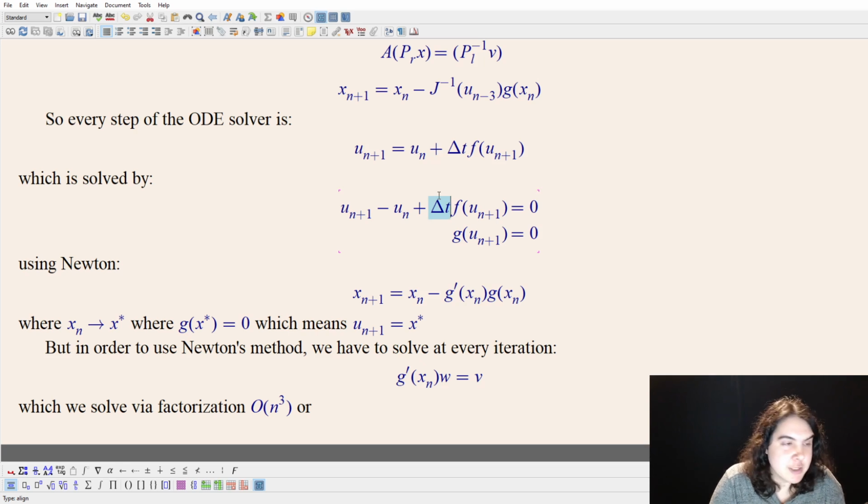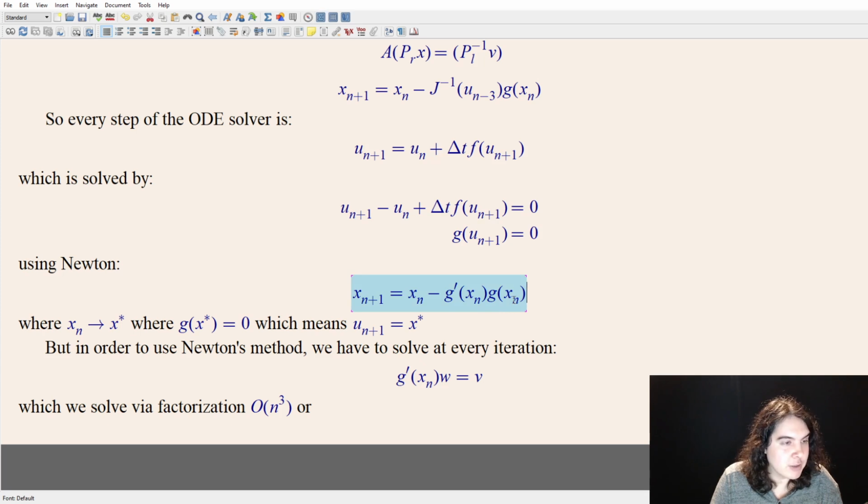If delta t is smaller, then the coefficients of the Jacobian are smaller. And this is very similar to the Newton relaxation, which you showed in the homework, right? In the homework, you showed that using a relaxation factor on Newton's method makes it more stable, makes it easier to converge. And so decreasing delta t